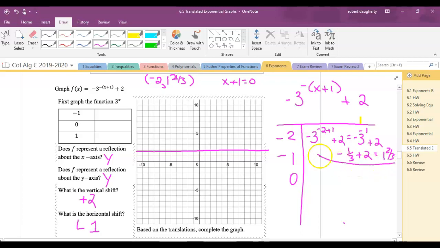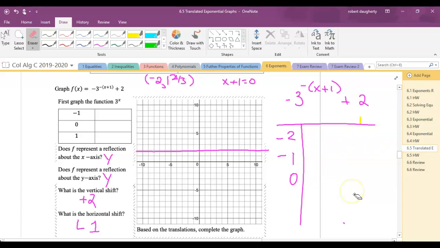So that's this first value here. This next one is going to be negative 3 to the negative of negative 1. Wait, I made a mistake here. Did I do? Yeah. Let me back up. Sorry, guys. Let me back up. Let me erase all of this. I made a mistake with my